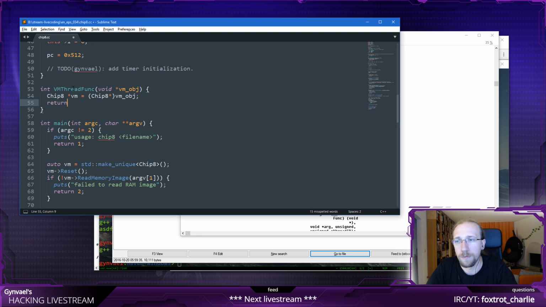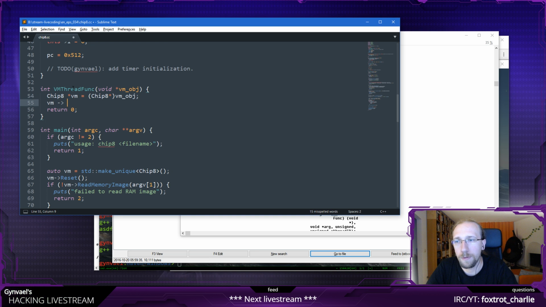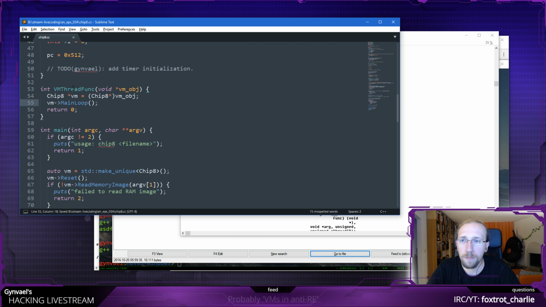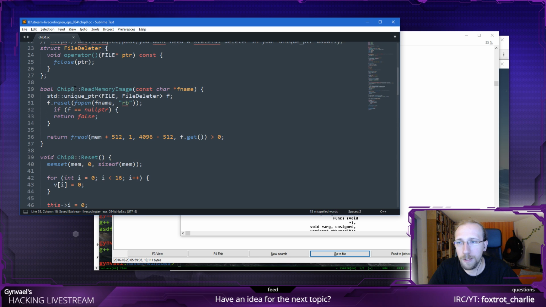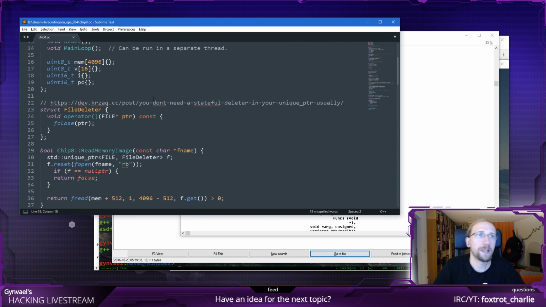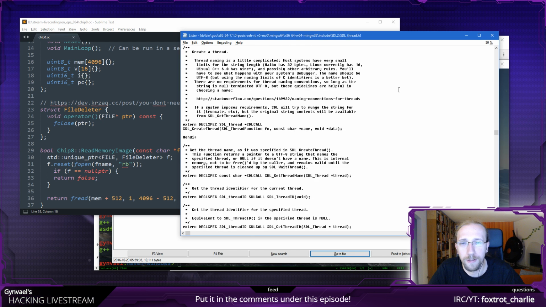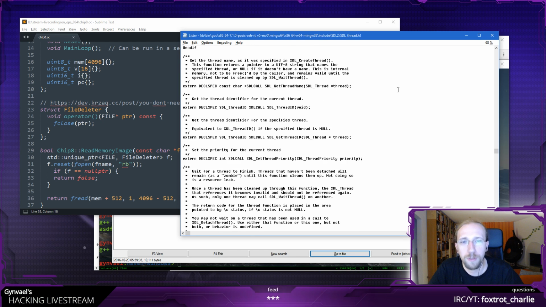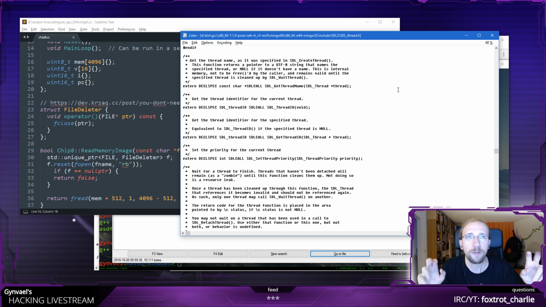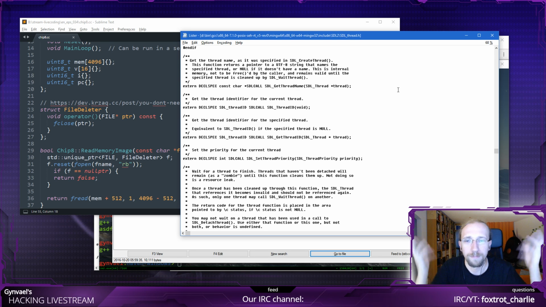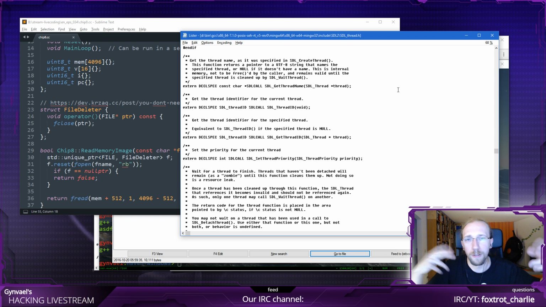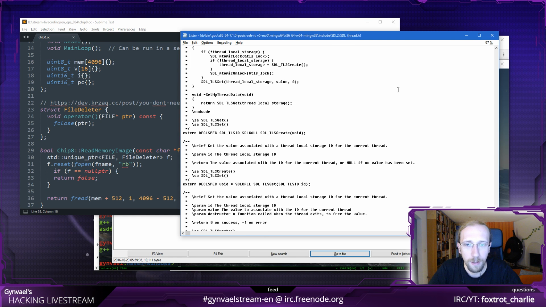Okay, and now return 0 at the end. We don't care about the return value, and we want to call main loop here. Perfect. Now we can just implement the main loop here, and that's fine. What I would like to do is figure out a way to shut down the thread as well. Usually you use events for it, or some other objects like global variables which are atomic and synchronized.